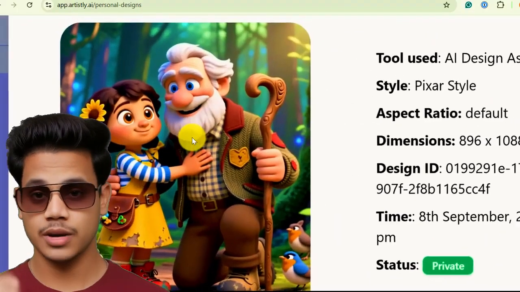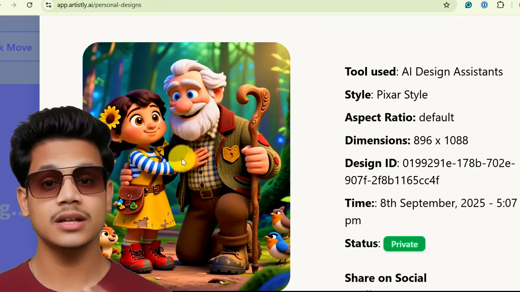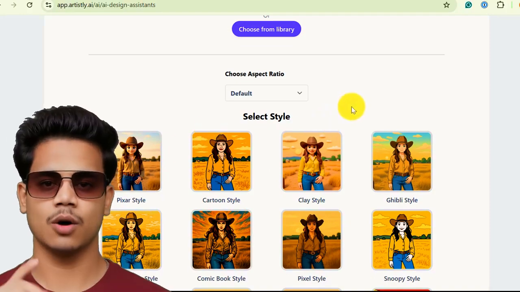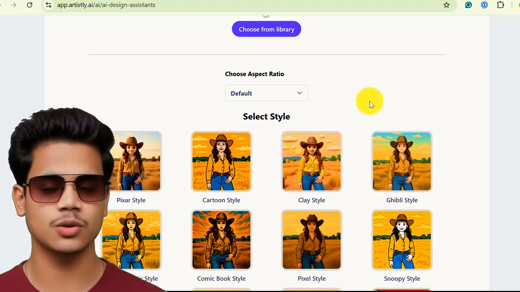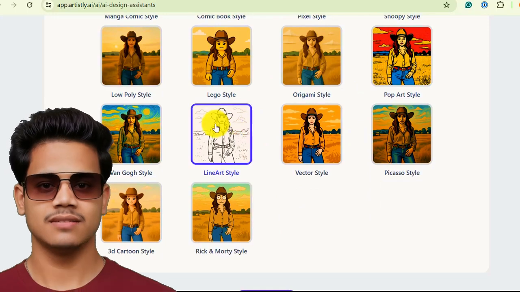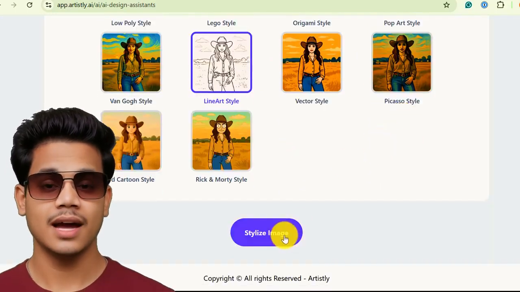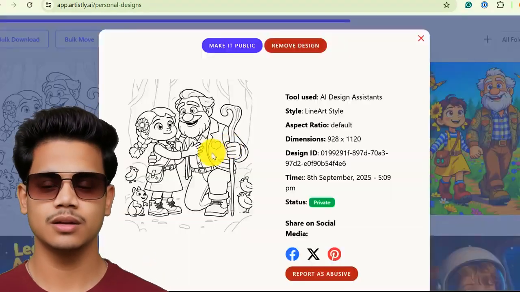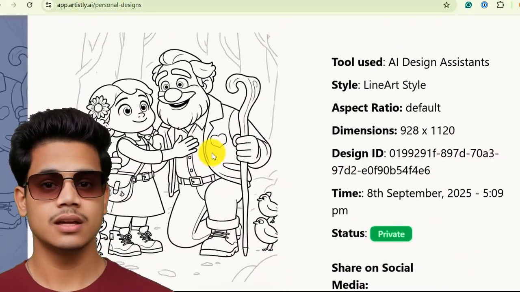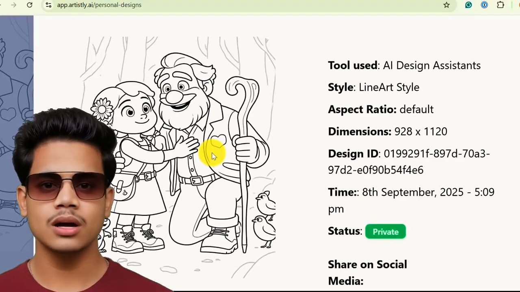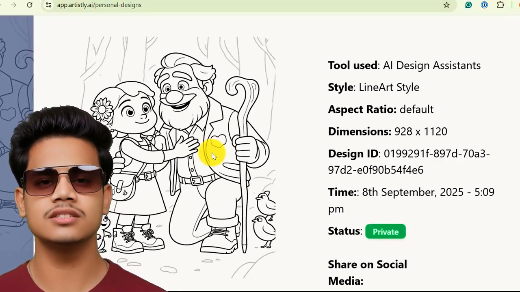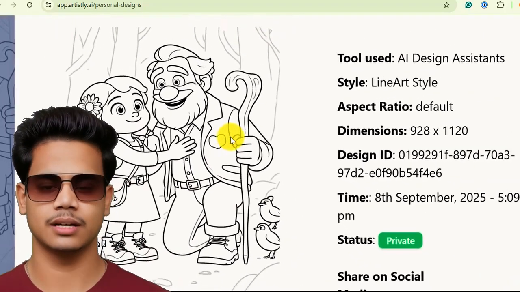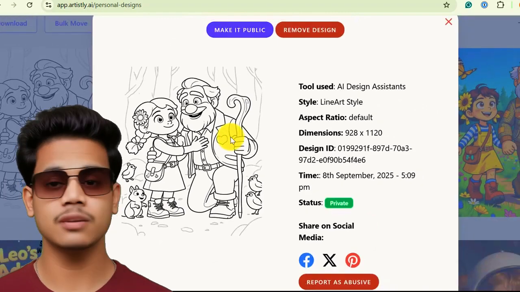But for all the creators out there looking to build a business, there is a style that is a true game changer. Select the line art style. Instantly, the AI stylizer converts your detailed illustration into a perfect high quality black and white coloring page. The lines are clean, the details are preserved, and it is ready to be printed. Think about it. You can now create an entire beautifully illustrated storybook and then, with just a few clicks, generate a companion coloring book to go along with it. This is an incredible tool for Etsy sellers, teachers creating classroom materials, or parents looking for a fun, creative activity. Creating your next coloring book has never ever been this easy.